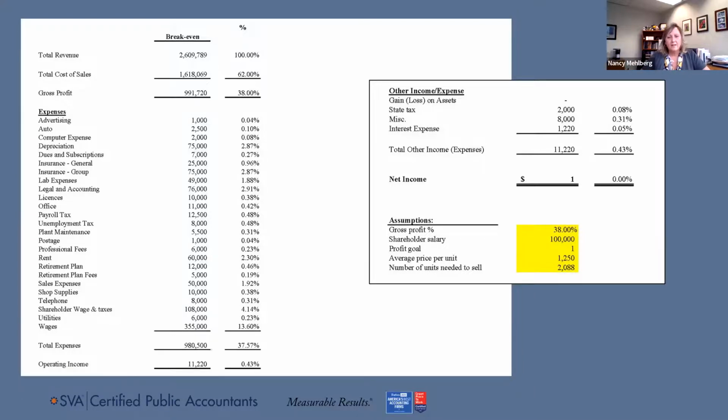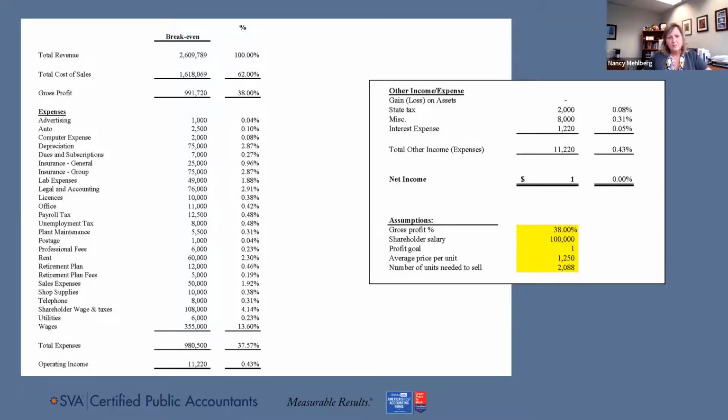And then one of the things that I like to do, if you're a company that sells any type of unit, in other words, it could be a personal service company that's selling hours. I've done this actually for a chiropractor. We look at the average cost of an adjustment and the average number of adjustments, and you can actually back into how many adjustments they need to do in a day to break even.